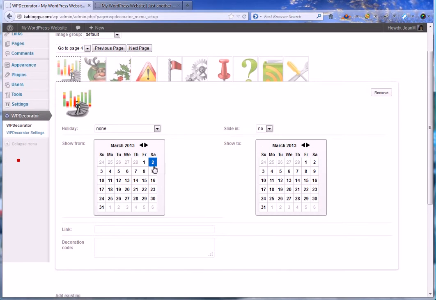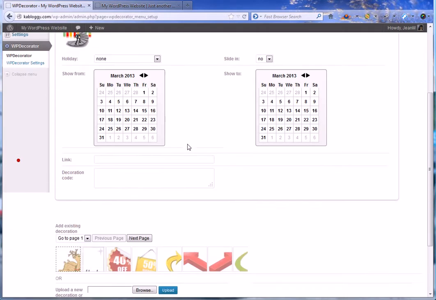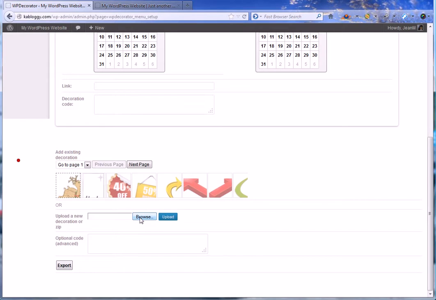In here you can set custom dates, you can have the image slide in from left to right on the page, you can set a holiday. In this field you can put some code in the image, and that would mean the code would show on the page instead of the image. We can upload a zip file,